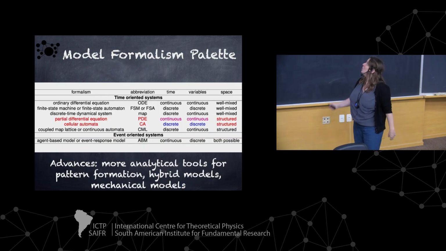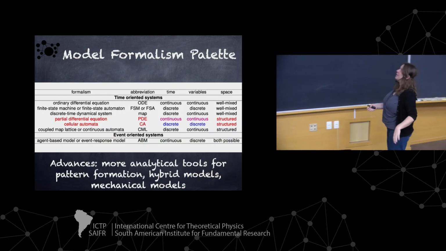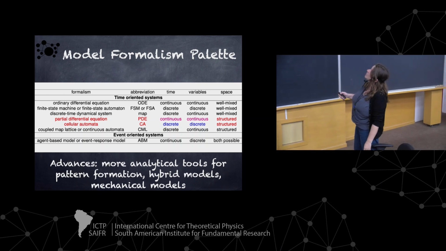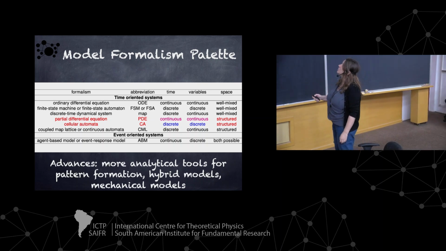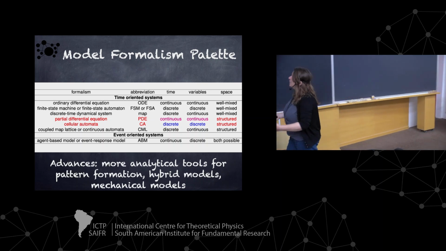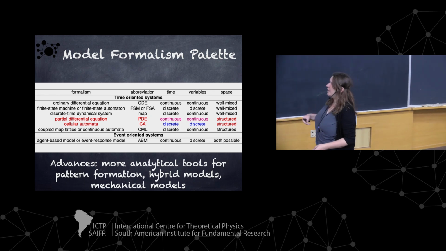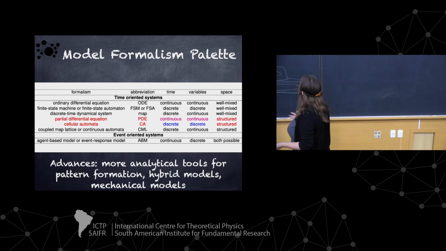Okay? So we're going to do a little bit of some simulations, some practicals also during this thing. These are the sort of, I always tell it to my students when they're learning how to model, this is sort of your toolkit when you do simulations. So ordinary differential equations that we talked a lot